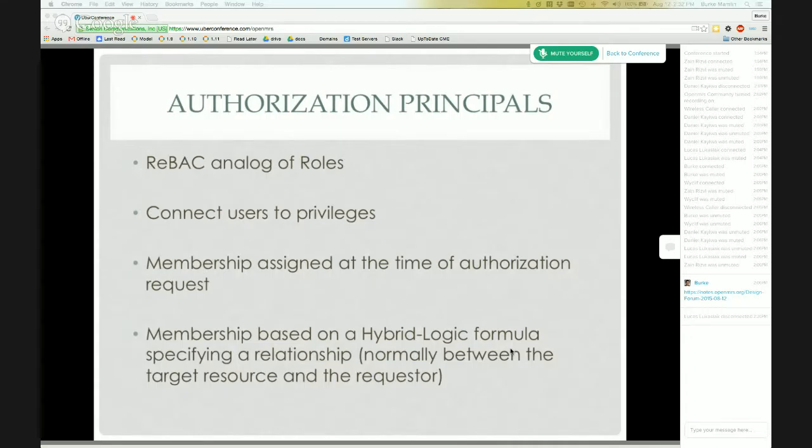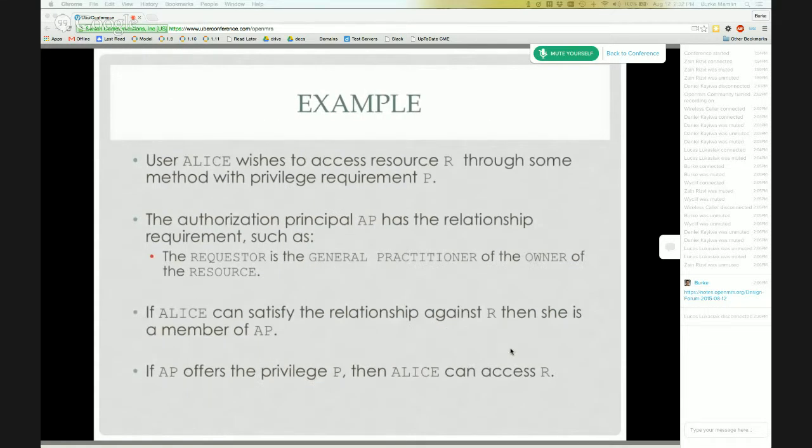So the example here is we have a user Alice who wishes to access some resource R, through some service layer method which requires the privilege P. When she's trying to access the method, the authorization principle, call it AP, has a requirement such that the requester is the general practitioner of the owner of the resource.